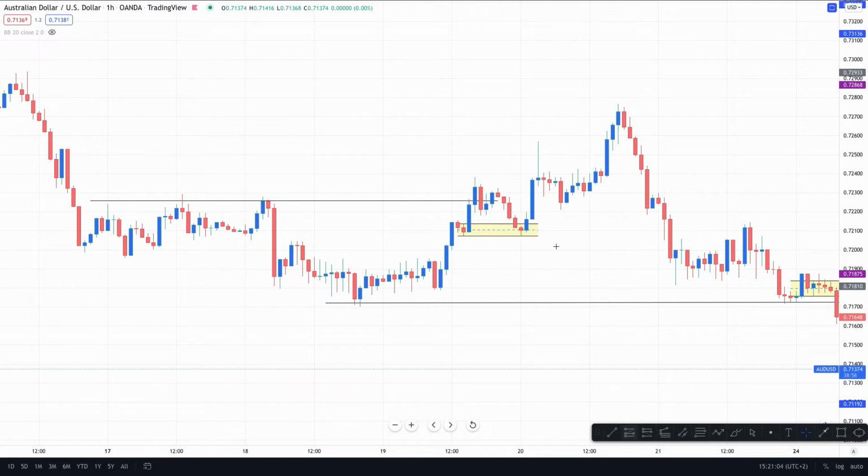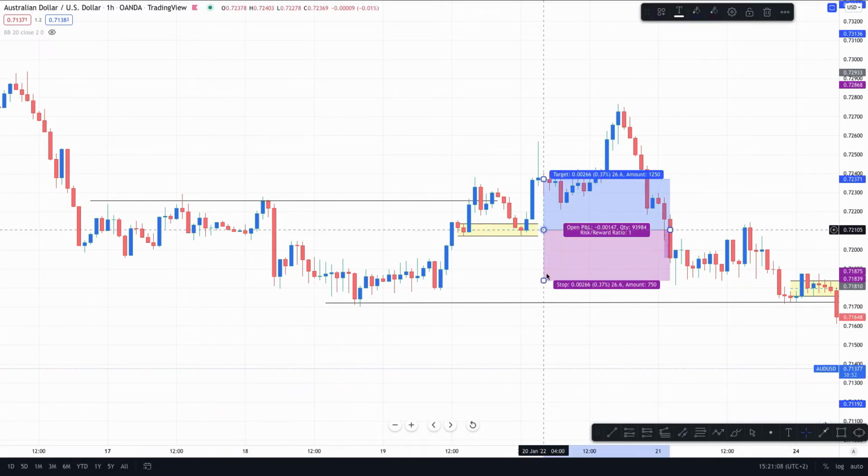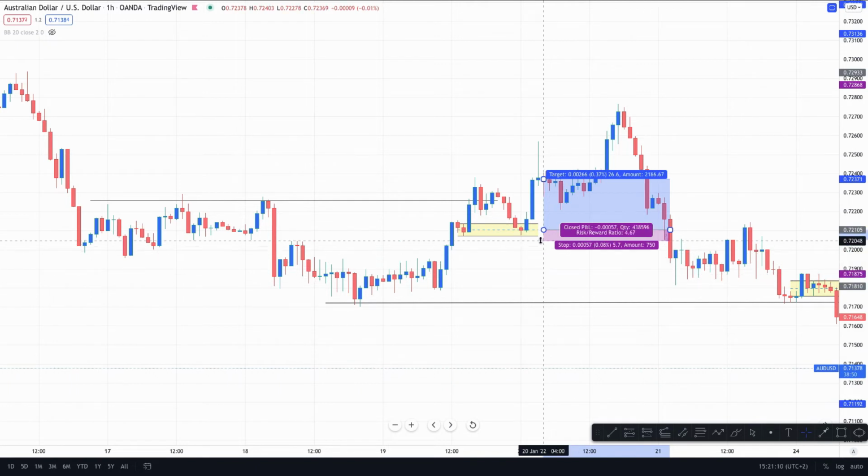If we were to trade this, putting our entry somewhere in the middle, in the yellow zone, we can have a stop loss of a few pips. This all depends on your backtesting, by the way. There are no set rules, right? You have to backtest and create a list of rules and criteria that apply for you. All right, and we can see that this would have given us